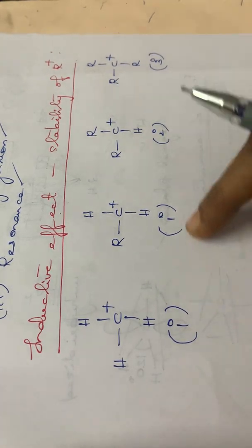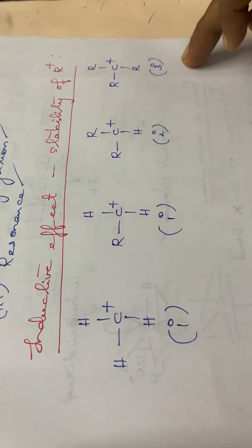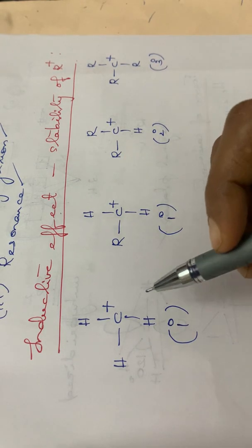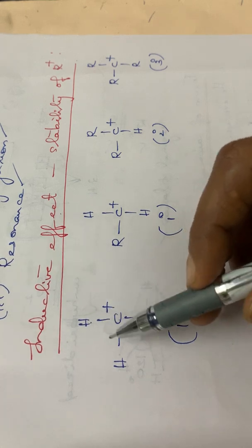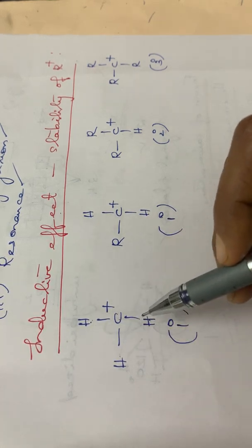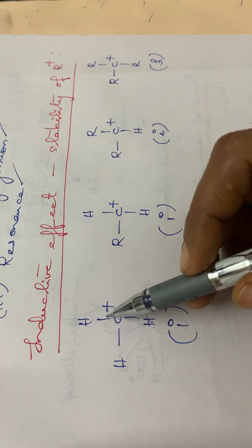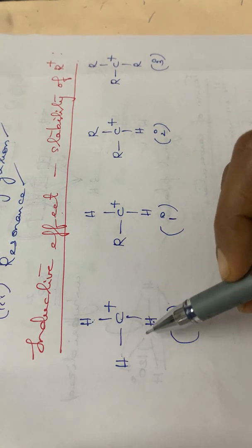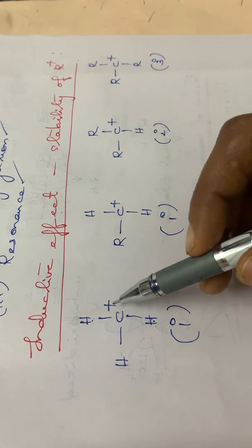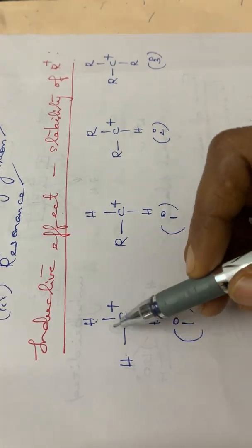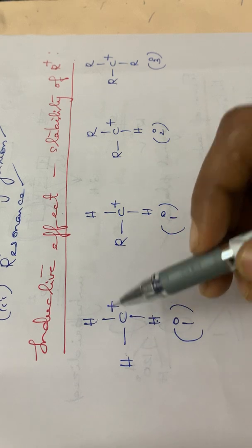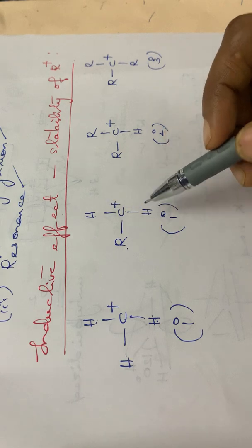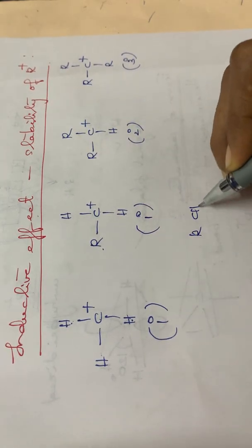So we can explain the stability of all these carbocations in terms of inductive effect. First of all, in the first case, the carbon is attached to hydrogen atoms. There is not much electronegativity difference, or no chance for any inductive effect, isn't it? Hence there is no dispersal of the positive charge, or electron displacement between the carbon and hydrogen atoms. But in the second case, that is RCH2+.